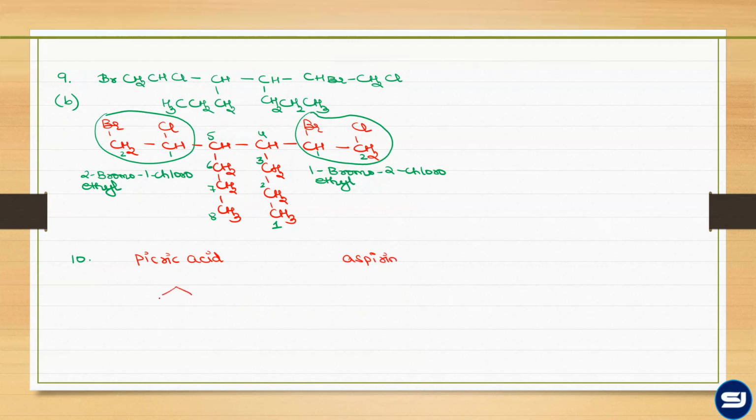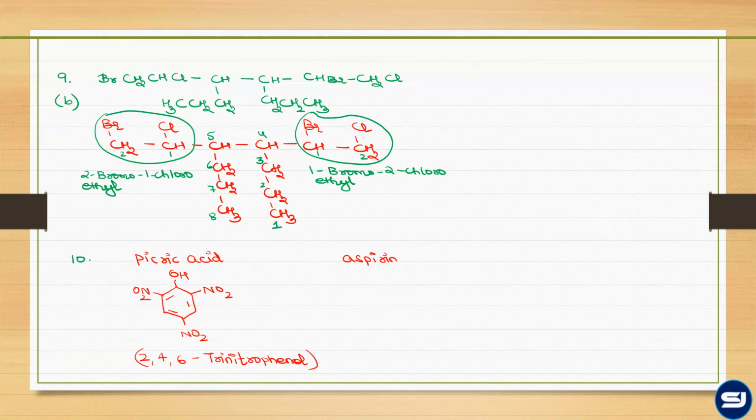Picric acid is a phenolic compound with 3 nitro groups at the ortho and para position. In fact, the IUPAC name of picric acid is 2,4,6 trinitrophenol. Now you must be wondering ki the functional group for this compound is phenol, but in the commercial name it's given the name as picric acid.